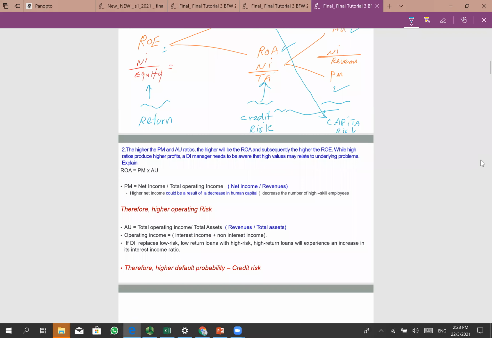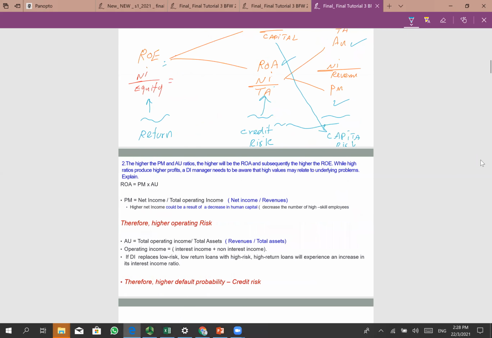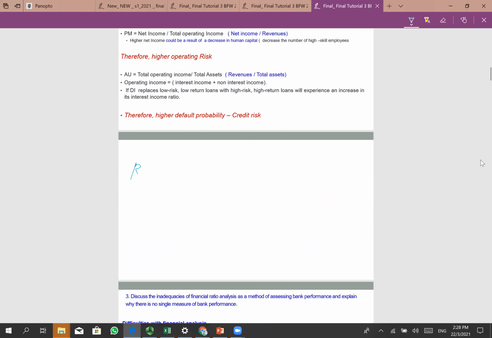Now let's start with the EU. What would happen if, for example, as I told you, this is ROE, and this is the leverage multiplier, this is the ROA, and this is the EU, and this is the PM, profit margin. What would happen if this number increases? This number is actually net income over